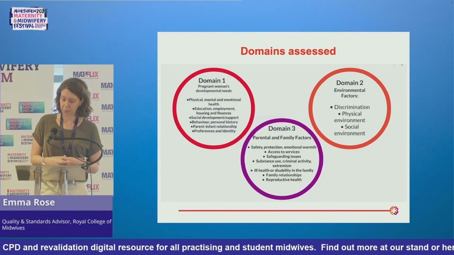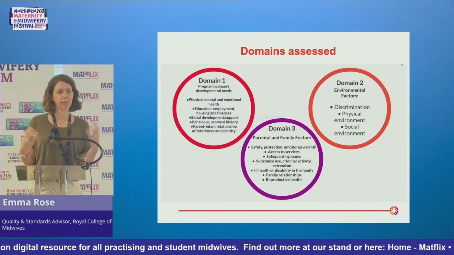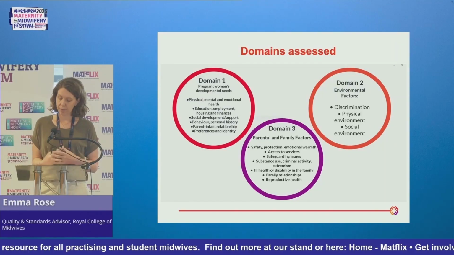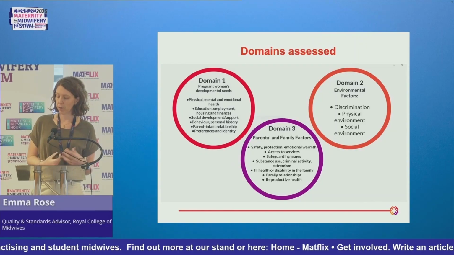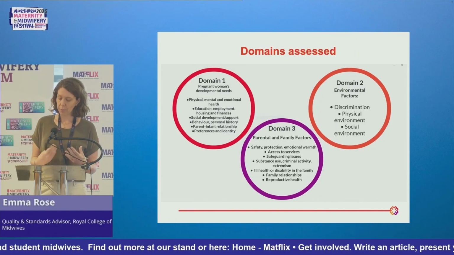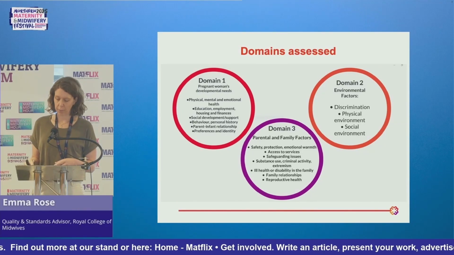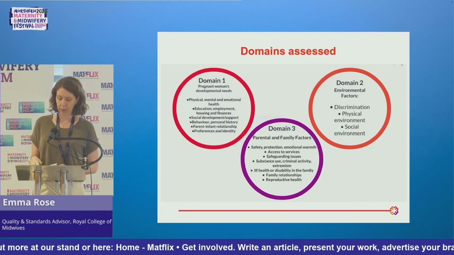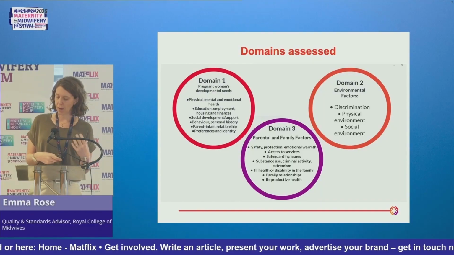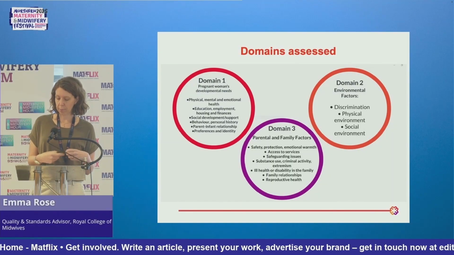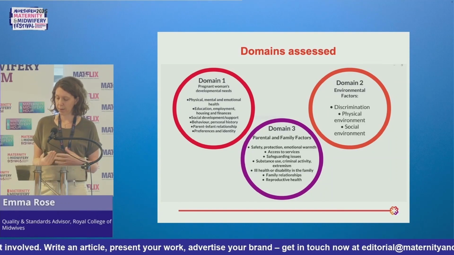Then domain 2 is around environmental factors, so thinking about what her home situation is, where she lives. So it includes security and safety of their physical and social environment, but also exposure to discrimination. This is where you're going to pick up things like level of poverty, risk of homelessness, exposure to crime within the household and wider community. And then domain 3 is around parental and family factors. So this includes common safeguarding issues, as well as family relationships and even reproductive health. So was the pregnancy wanted? Are there